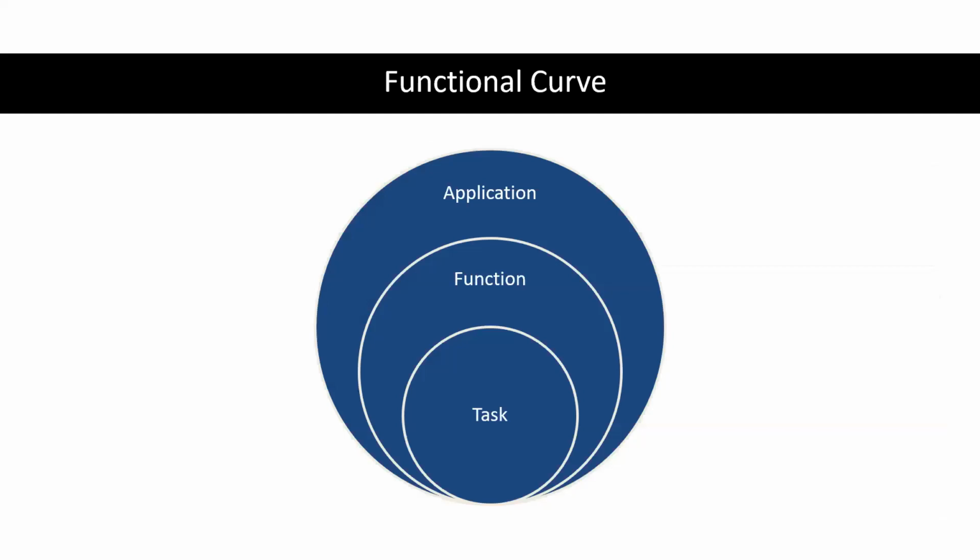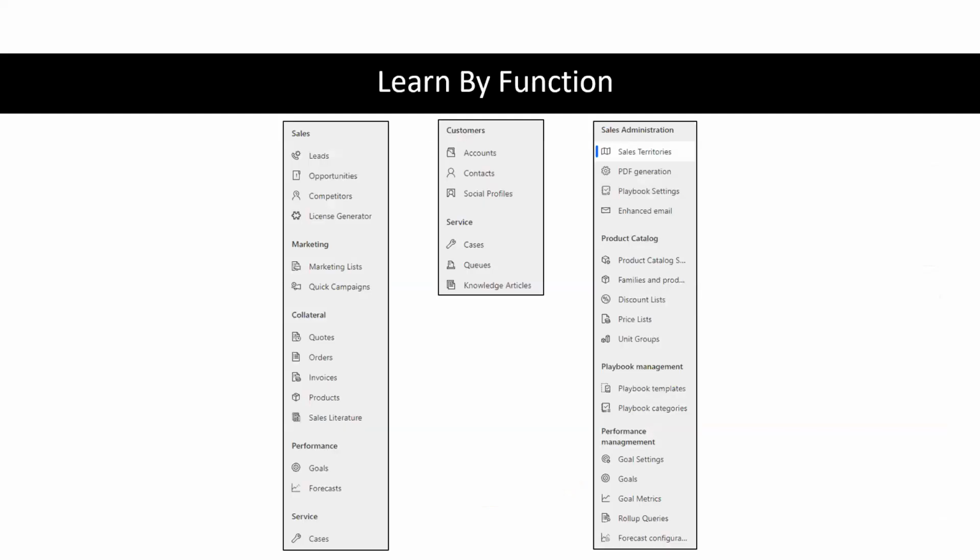So I kind of divide a product into three categories. You have tasks that you do, and you have the base functionality that helps you do the task, and then the application itself. Now, this is an extremely high-level overview, of course, but this is how things tend to work out in my mind. And everything's going to be a little bit different to everyone else.